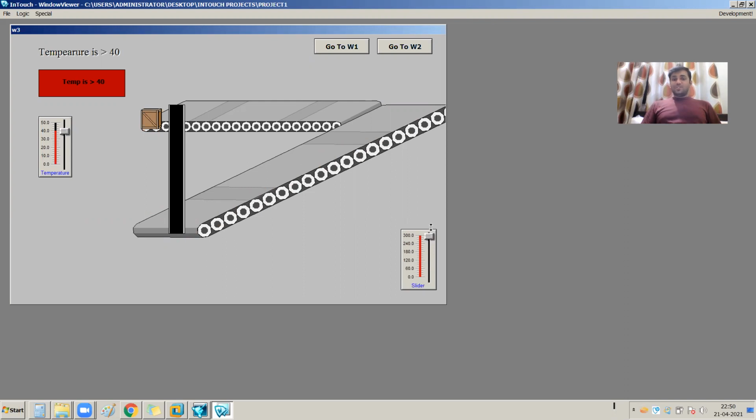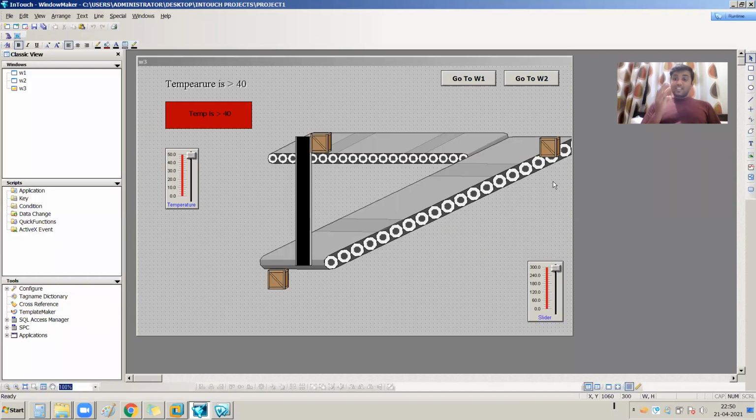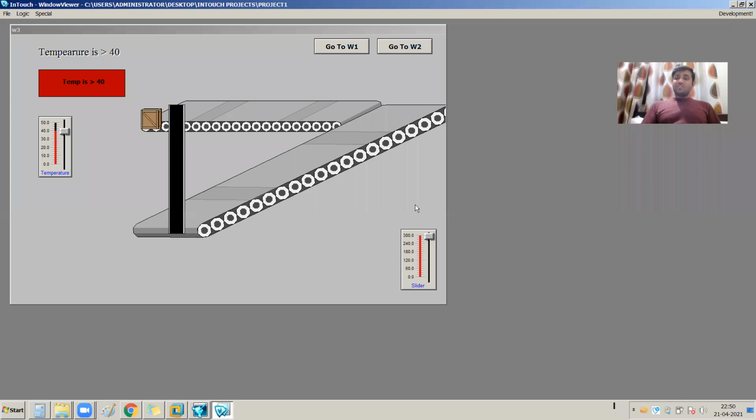So the full round is covered by only one box at a time, to your eyes. But in the development stage there are three boxes available, while in actual runtime mode there is only one box. So this is the main concept of visibility.